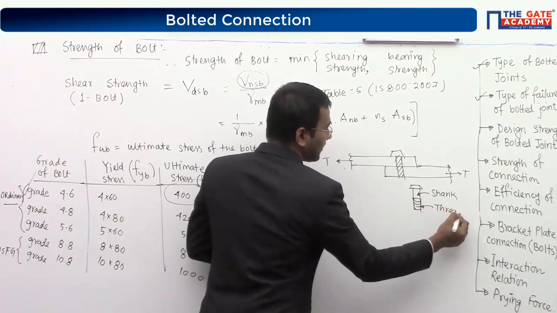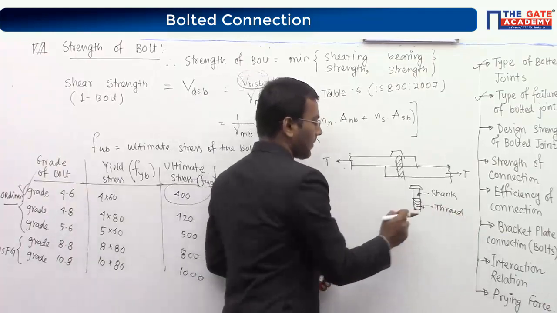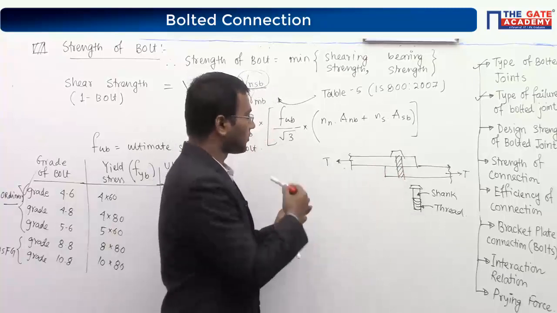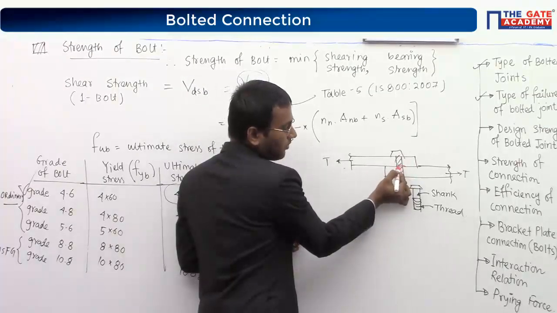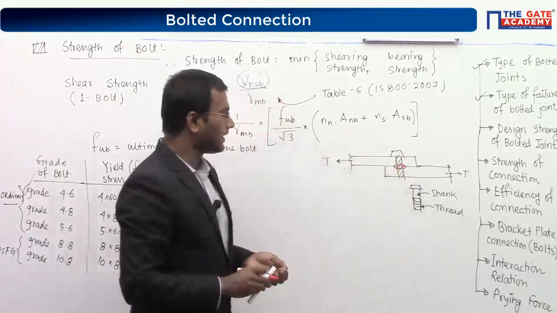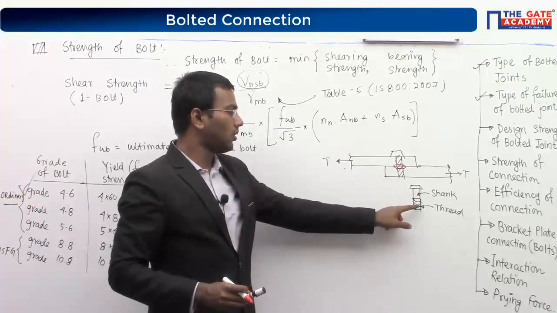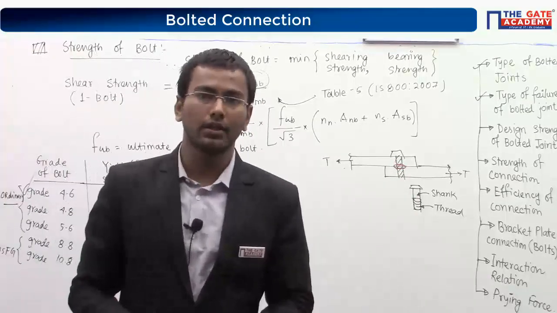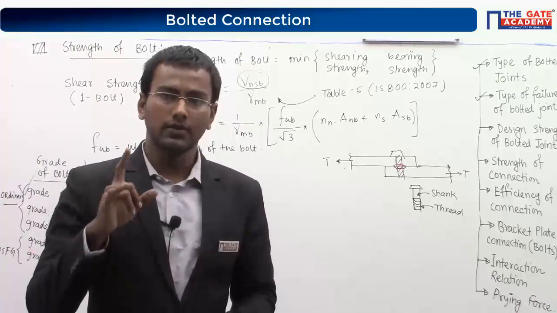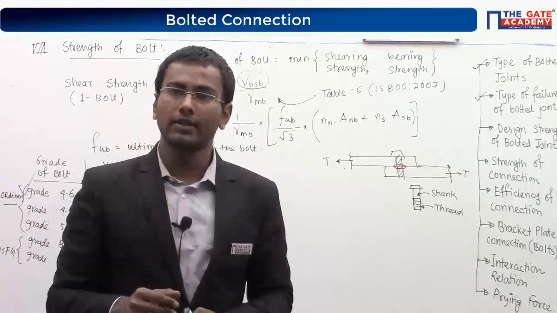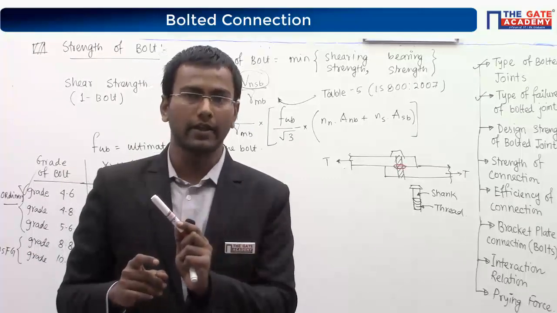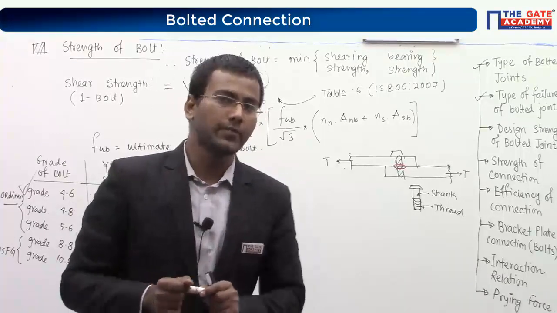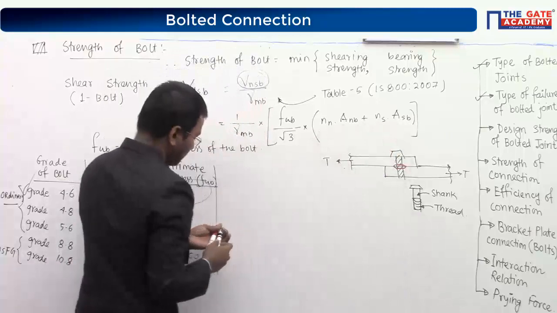So it means this shear failure, because we are discussing the shear failure. This shear plane failure may lie at the shank region or at the thread region, right? Suppose in the given question it is not mentioned where the shear plane is lying. So you can see for one bolt only one shear plane is present. If only one shear plane is present, it may lie in the thread part or in the shank area. So it means Nn and Ns.